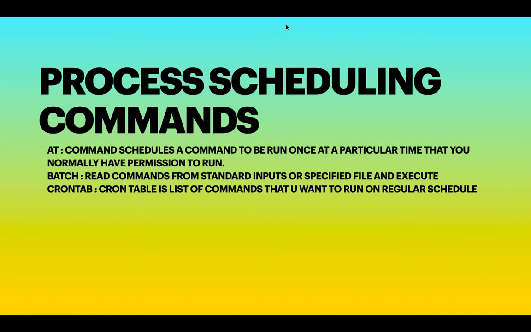Next is the batch command. It is used to read the commands from standard input. I can make a set of files or batch files and club them together. If I want to execute those complete files one by one, in that case I can use the batch command. Next important one is crontab. It is called a cron table. It is used to list the commands. Here I can schedule which minute of the day, which hour, which day, which week. I can schedule when to display the command, when the file has to be executed. I can set the time accordingly.